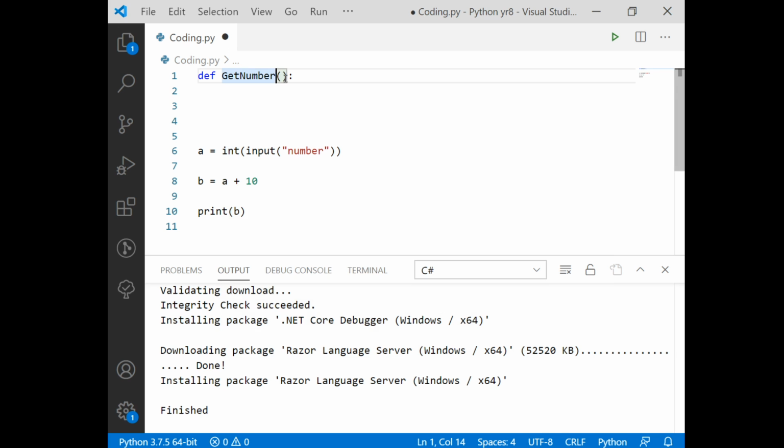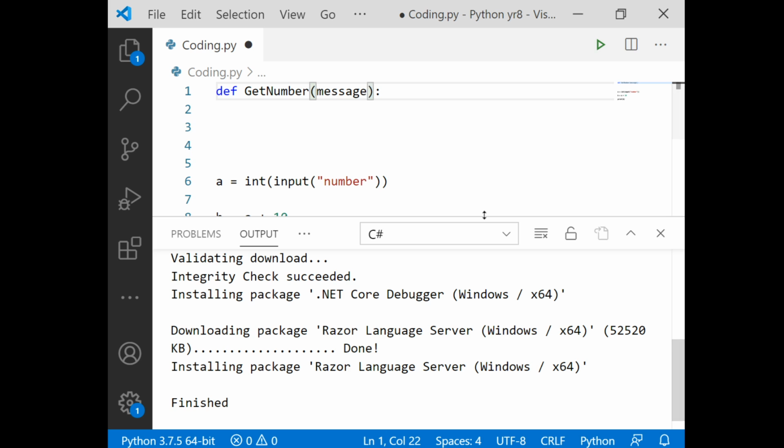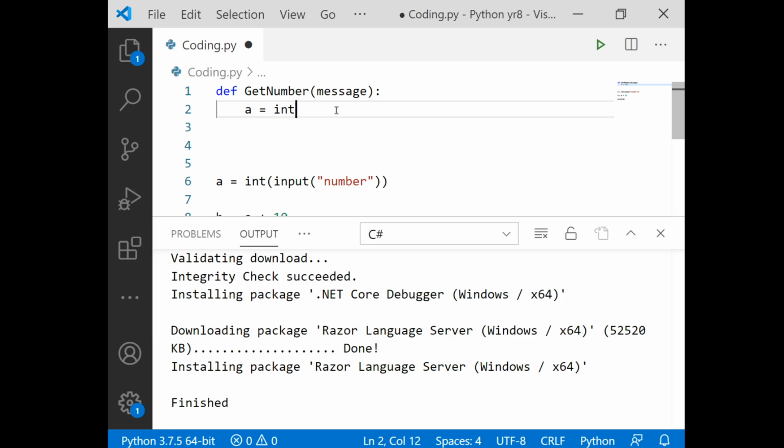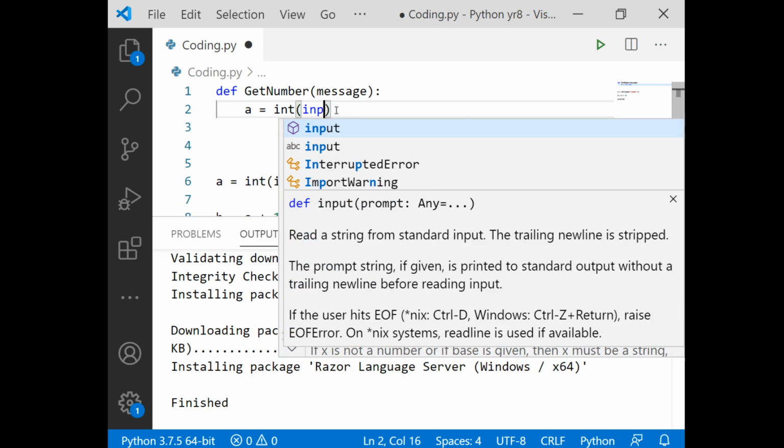But I'm also going to specify a message. So I'm going to say message. Oops. So what I've done there is I've said, right, when you use this, pass me a piece of data that I'm going to call message. I refer to it as message. So what it's going to do internally, so this is all internal, I'm going to do this. So it's going to look like the same code to start with.